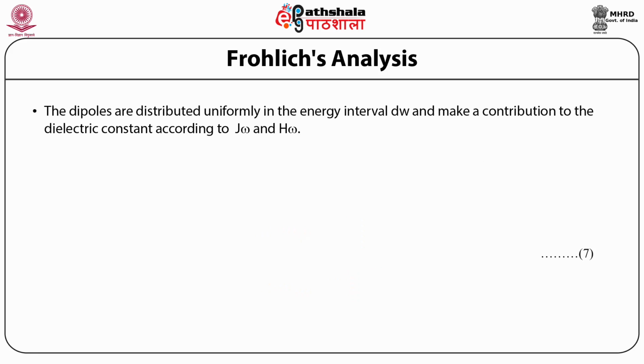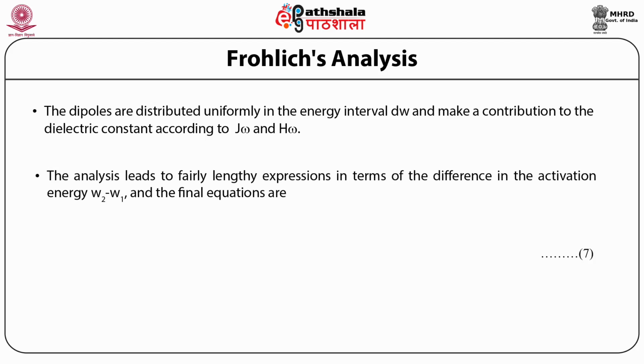The dipoles are distributed uniformly in the energy interval dW and make a contribution to the dielectric constant according to J(W) or H(W). The analysis leads to fairly lengthy expressions in terms of the difference in the activation energy W2 minus W1,